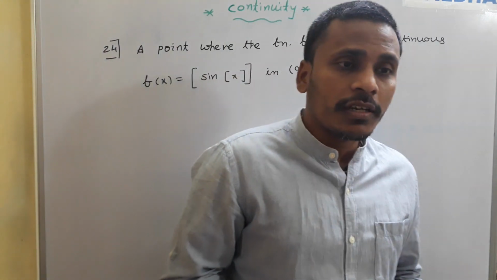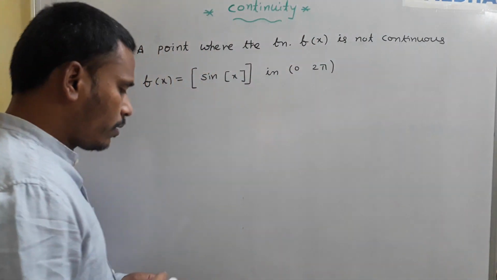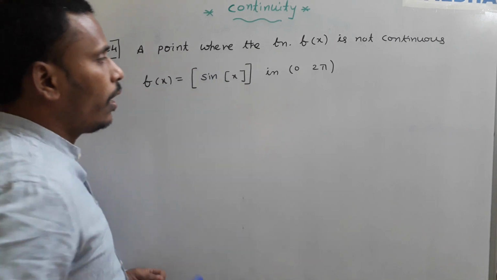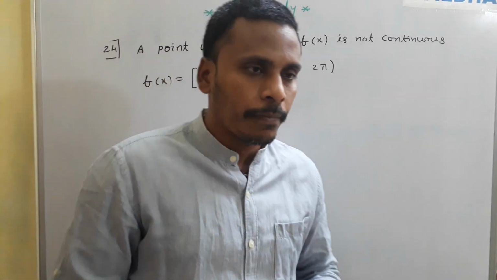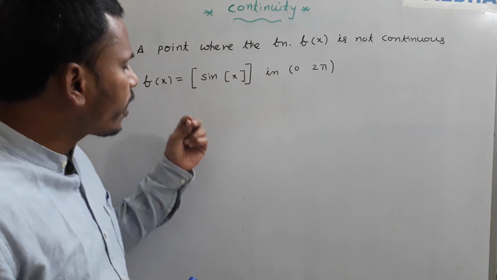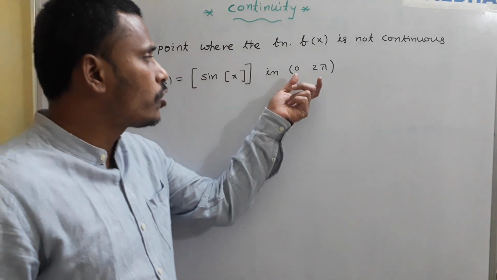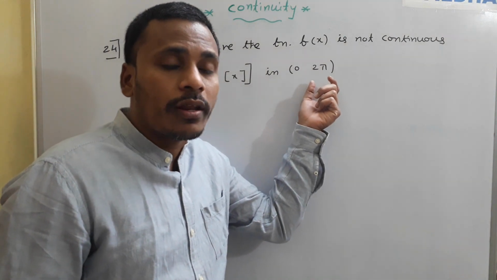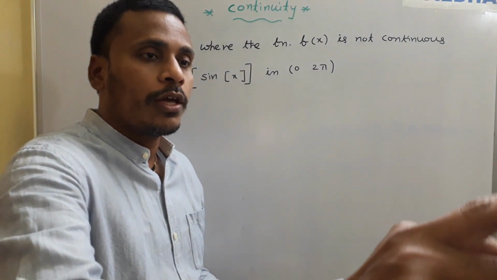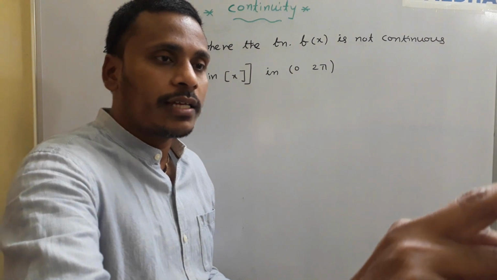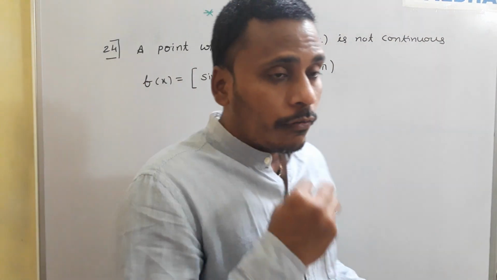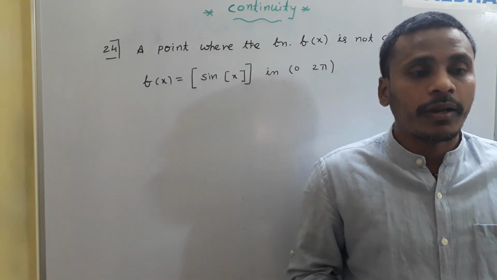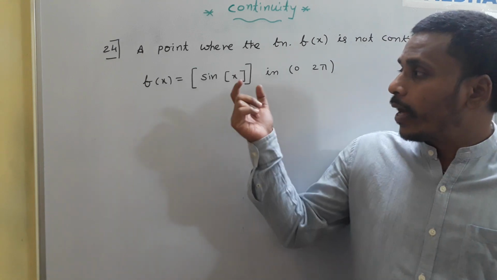The point where the function f(x) is not continuous, where f(x) = [sin[x]], with x in 0 to 2π. In 0 to 2π, in the sense that x values are in between 0 and 2π. You need to take the input x from 0 to 2π. For different values of inputs in the place of x from 0 to 2π, we need to analyze this